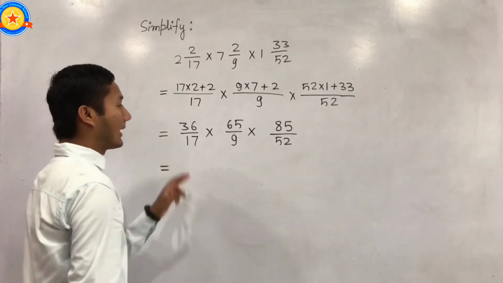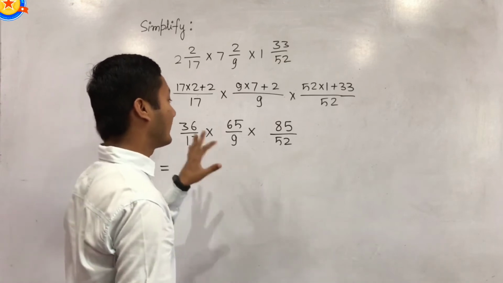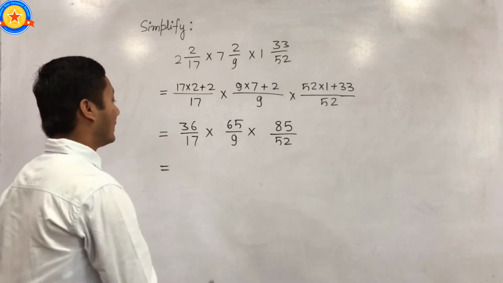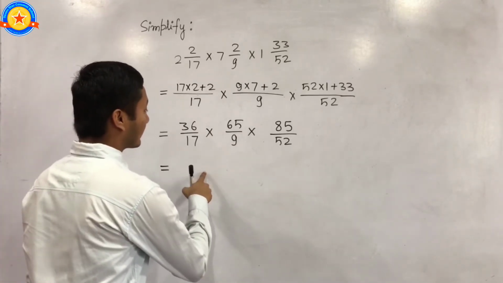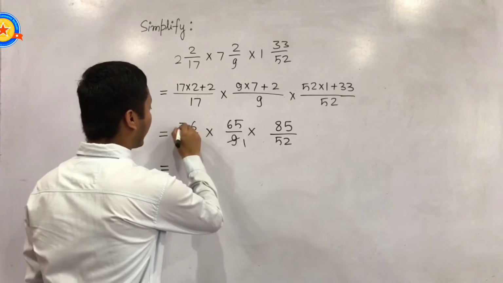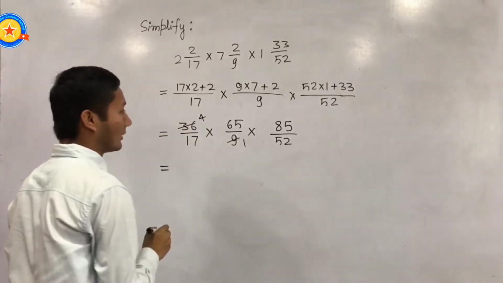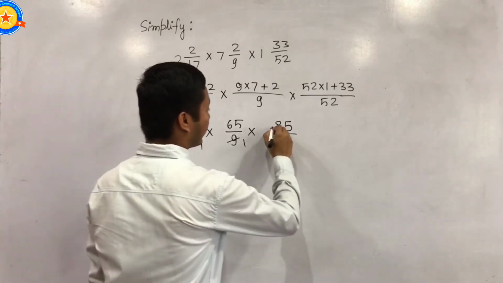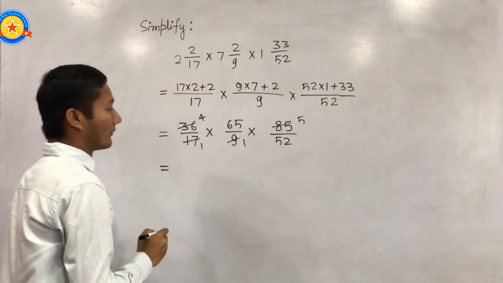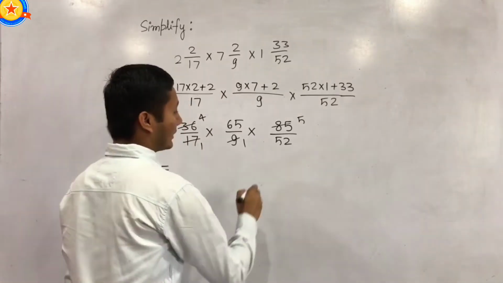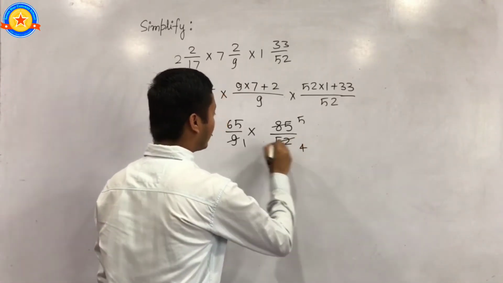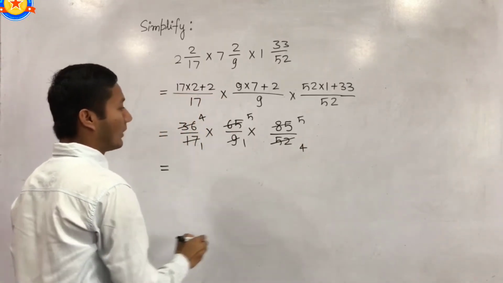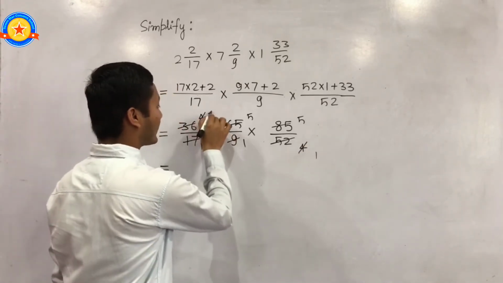If we are multiplying the fractions, then we can simply say if there is a number which can divide the numerator and denominator, then we will do that first. First of all, we see here 9 ones are 9, 9 fours are 36, and 17 ones are 17, 17 fives are 85. Now from here we can say 13 fours are 52, 13 fives are 65. Now again 4 ones are 4 and 4 ones are 4.